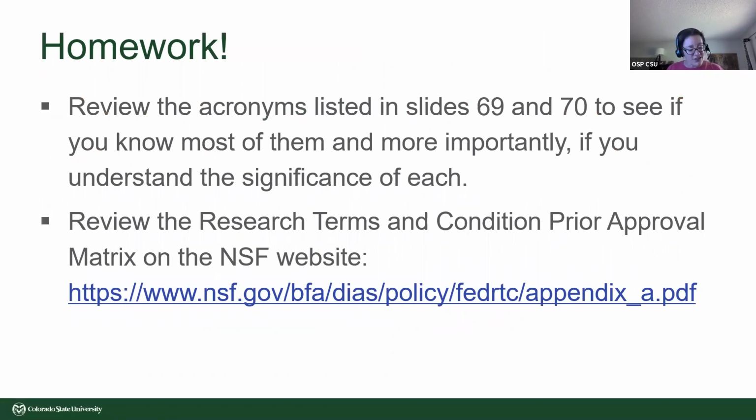Actually, don't even worry about homework for this week, but know that October is the heavy time, because we are ending at the end of October, so we have 3 more sessions together. We are going to be talking award administration, cost principles, and post-award. So we're going to get into those 3 areas in our next 3 weeks. And remember, is the window for registering for the exam already closed, or coming up? I think it's coming right up. So if you wanted to take the exam this fall, your window of opportunity is slamming shut. But there will always be next spring if you don't feel like you're ready yet.